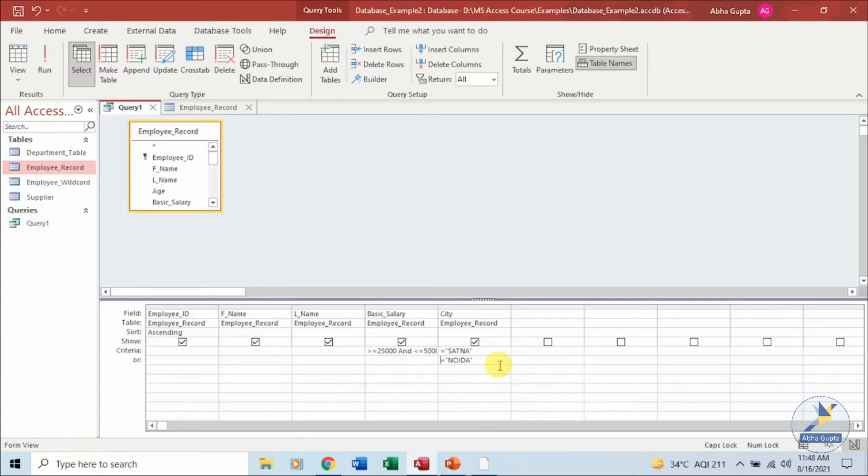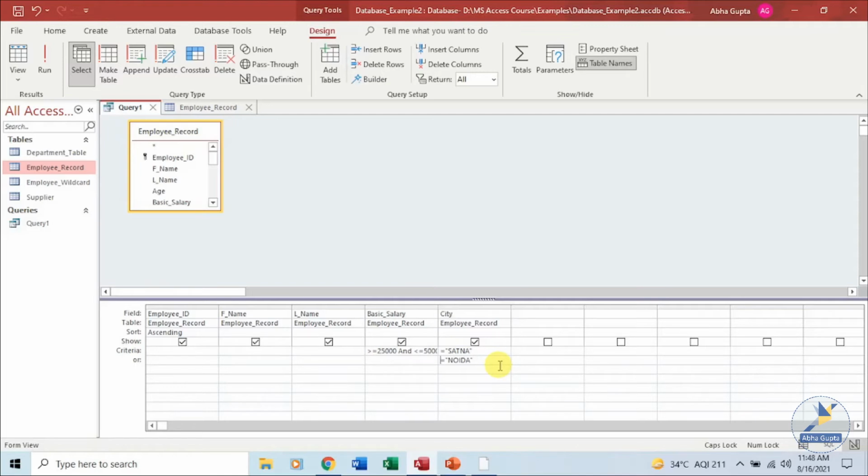Let's move on to wildcard characters. Now here we are specifically writing the names of the city or the names of the employees. Name should be Myra Singh, or name should be Dharma, or so and so, and city should be Satna or Noida. Take for example, we have various cities starting with S, various cities starting with D, or various cities starting with N: Noida, Nagpur, Satna, Sitapur, something like that. So in an OR condition we'll have to specify OR n number of times.